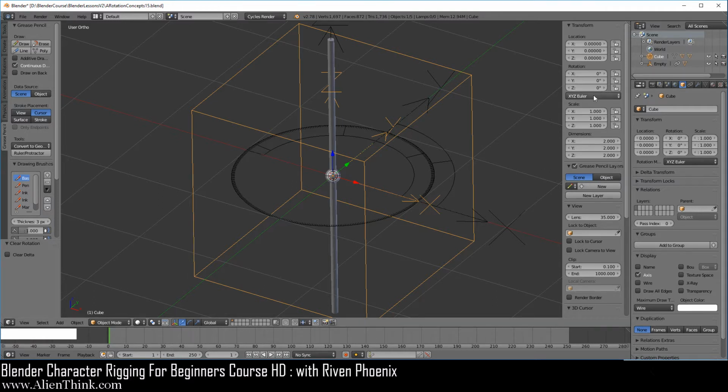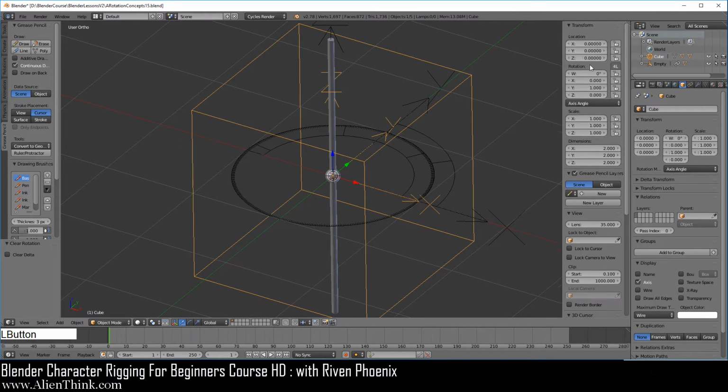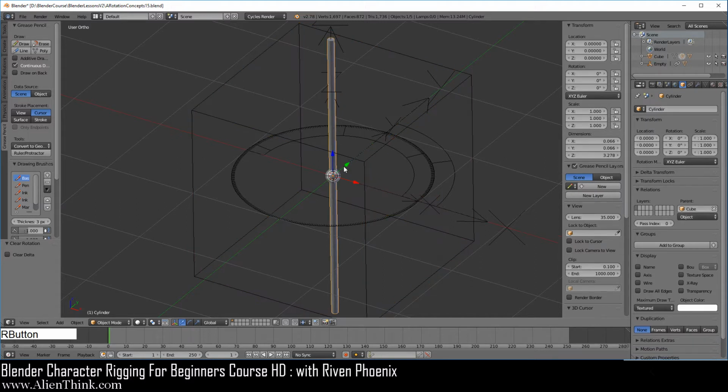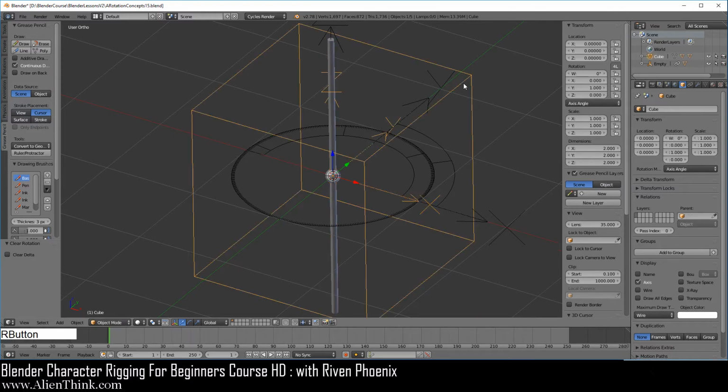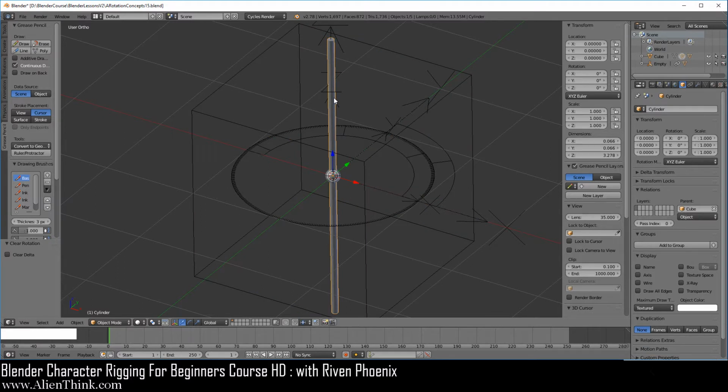Now when you click over here and say that you want to use axis angle, here you're telling Blender that now you want to use a pole rotational system rather than a 3-ring rotational system. That is what Euler rotations are for. Okay, so just like when we had exposed the 3 rings to see how they work internally, here we're simply exposing this pole rotational system. This is what this pole is for.